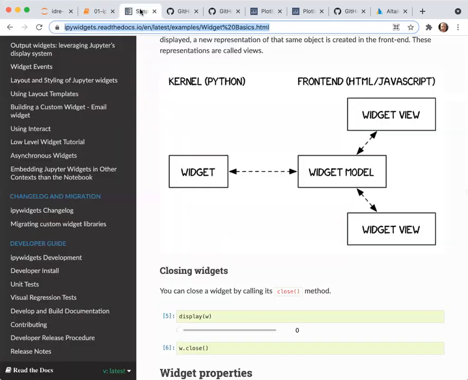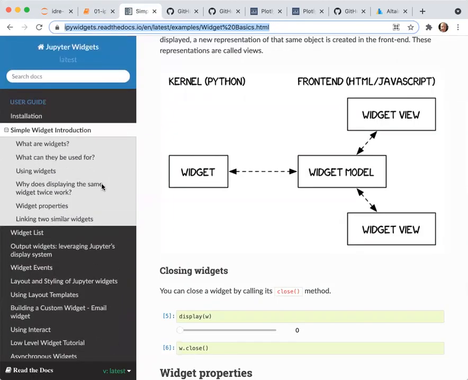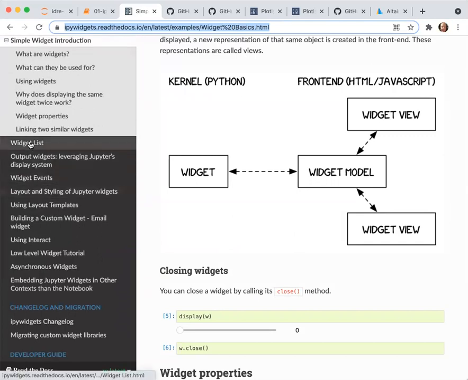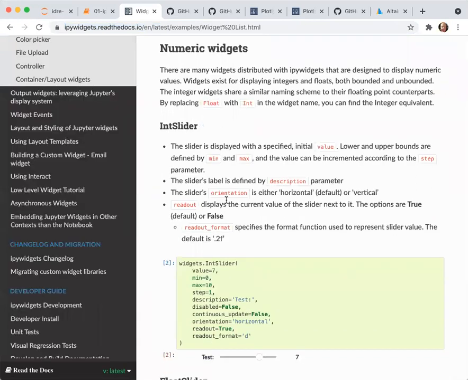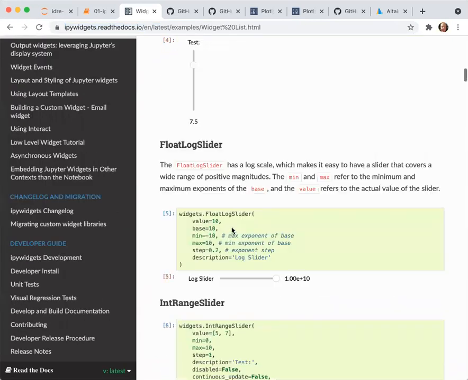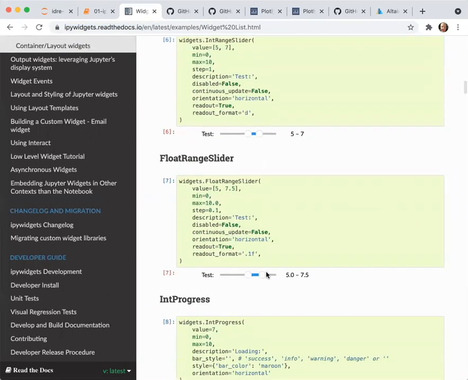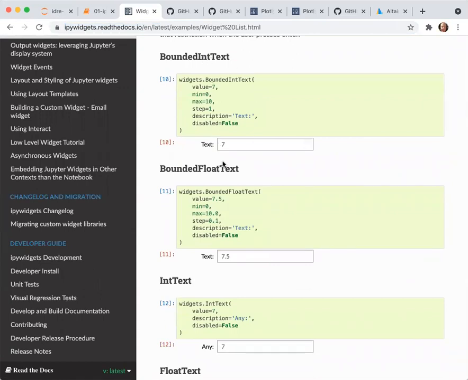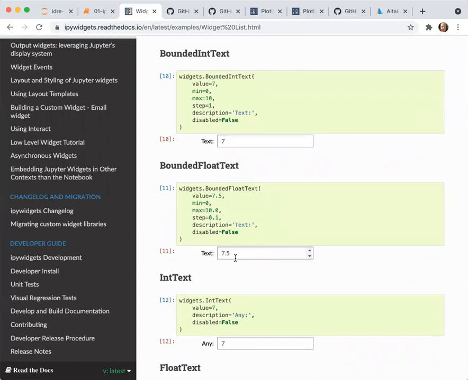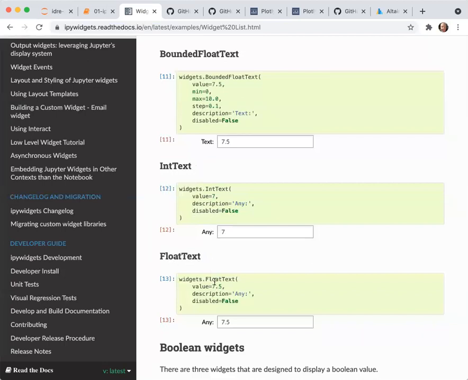In order to look at the different objects, what I'd recommend is that you go to the ipywidgets documentation, which lists all of the different widgets that you can have. Here's the integer slider, there's a float slider, you can have a range of sliders. Here you can have a bounded int or a bounded float, or just an int text and a float text. So instead of int slider, you can specify, say, int text or float text, and then you'll have a box that you can type into.